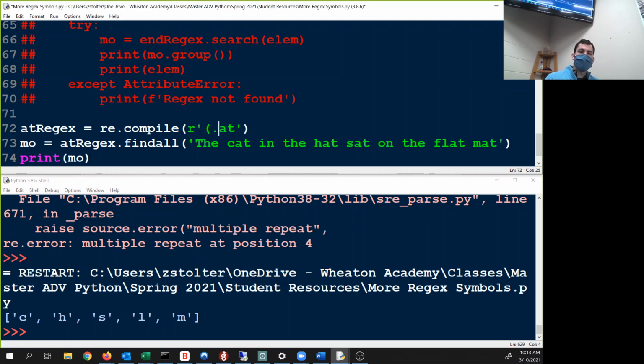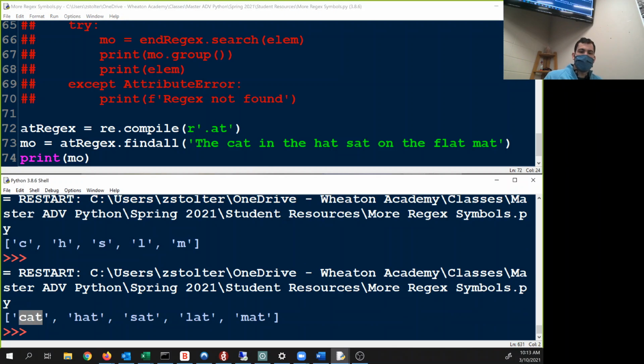Let's see. Oh, hang on. It froze. That'd be the star that we use. Maybe. I don't know. Oh wait, if you do the stars, it's a light slip. Alright, so let's go back to the original. This finds lat, but we don't know how many things are going to be here. So if we put a star,